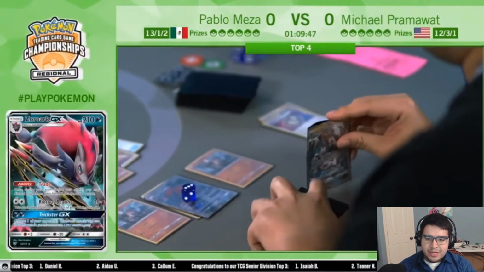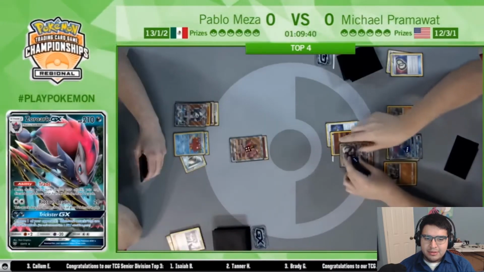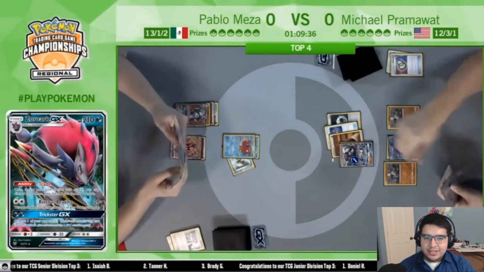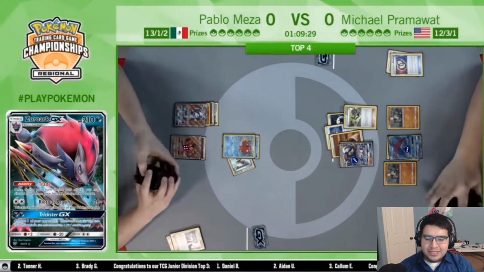But it looks like Pramois has the ability to Bloodthirsty Eyes. He's going to go ahead and play down that Lycanroc GX, Bloodthirsty Eyes, the Artillery, and attach a DCE to allow him to Claw Slash, and he's going to go ahead and play an N, which is a little bit rough